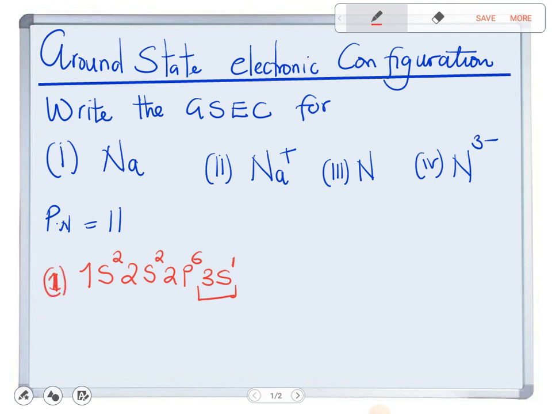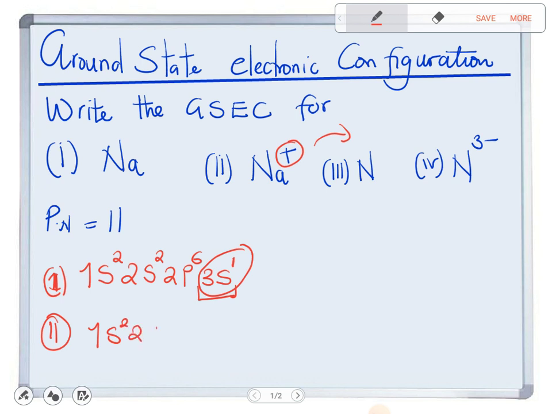What of for sodium ion? For sodium ion, remember that for a positive ion, it means that an electron was lost. But an electron can only be lost from the outermost shell. You get the concept, right? So from this shell, that's where we are losing an electron. That means for sodium ion, we are having